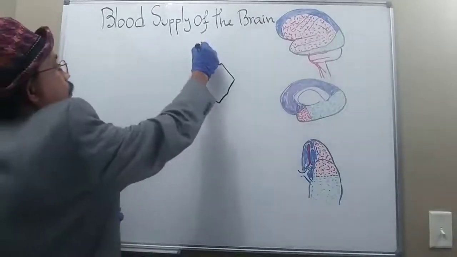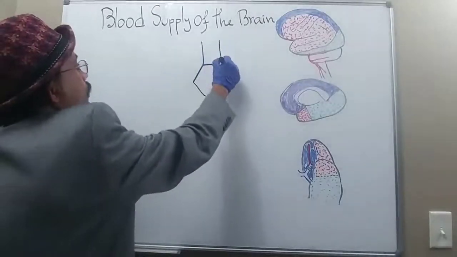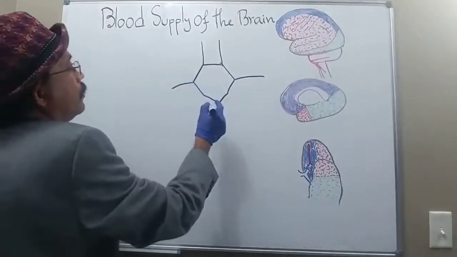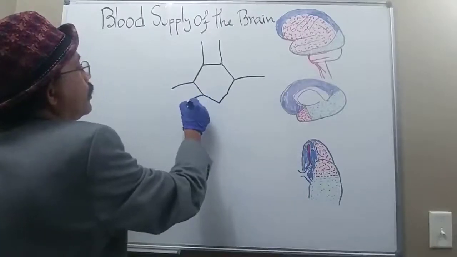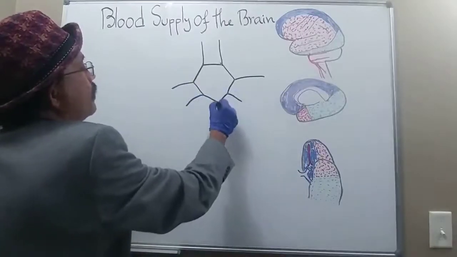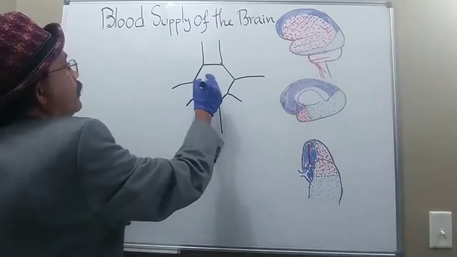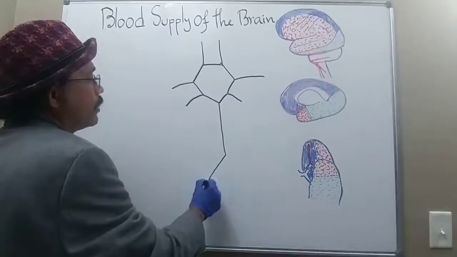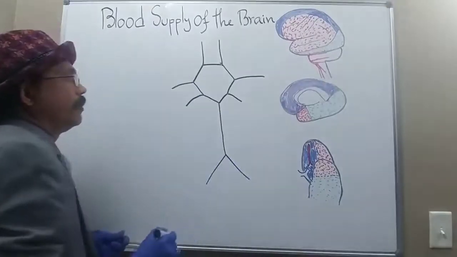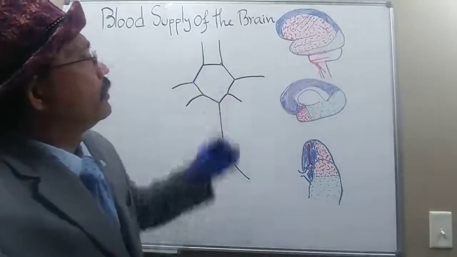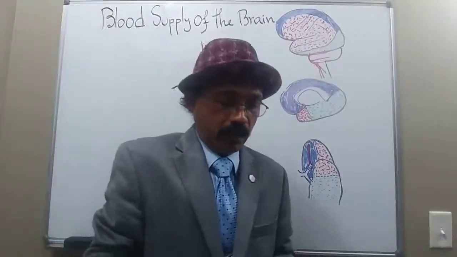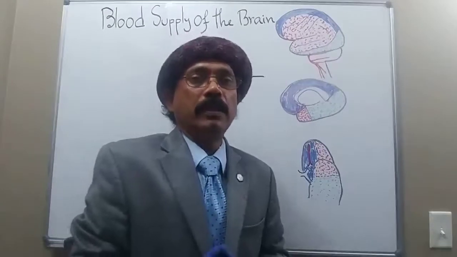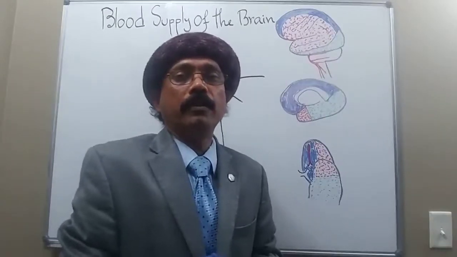So we have the anterior cerebral artery, the middle cerebral artery, the posterior cerebral artery, and the basilar artery, which is formed by the union of two vertebral arteries. So we get this arterial anastomosis at the base of the brain in the interpeduncular fossa,